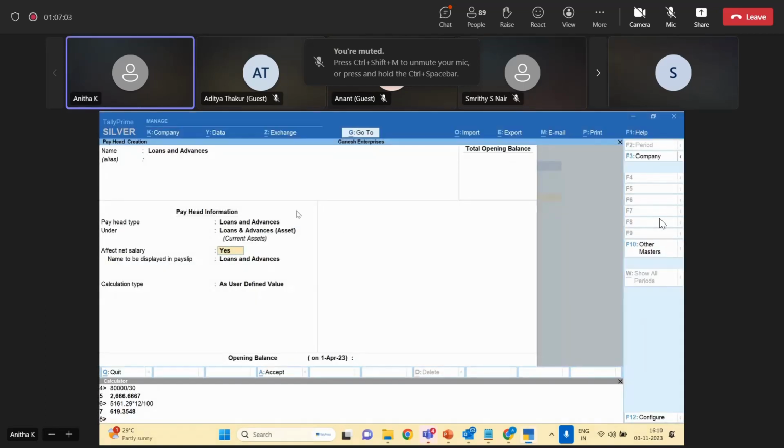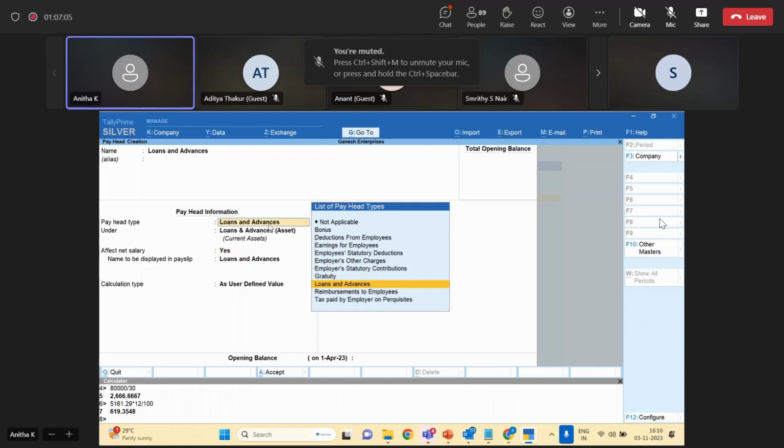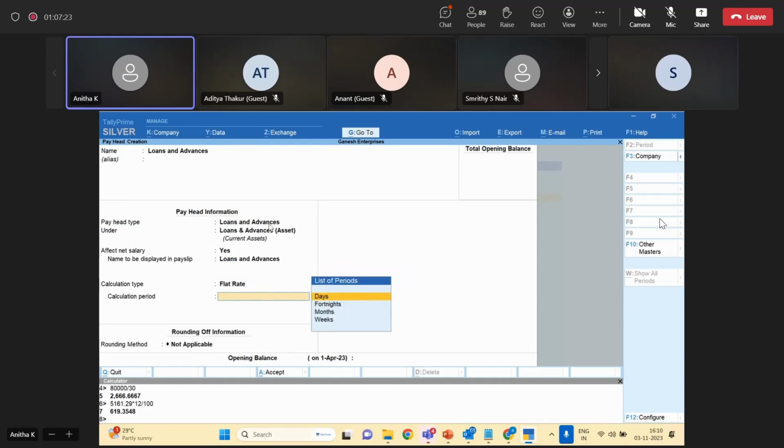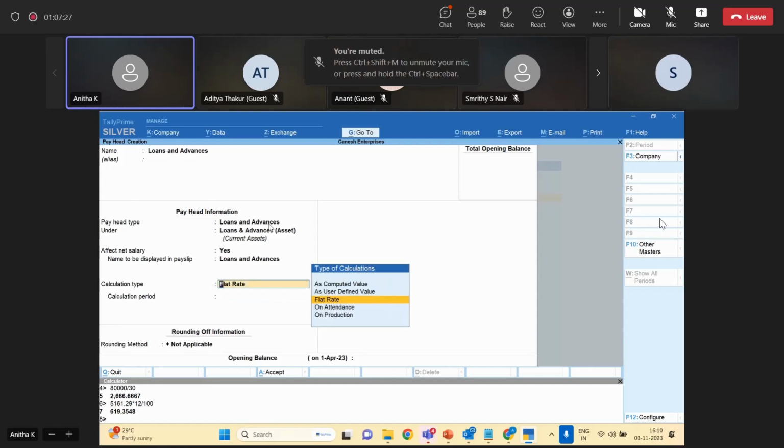तो आपको लोन्स एंड एडवांसेस के अंदर एक पे हेड बनाना पड़ता है। इसमें आपको कैलकुलेशन टाइप चुनना है। यदि वो लोन एडवांस एम्प्लॉय जब पे करेगा, वो फिक्स्ड है, जैसे हर महीने उसकी सैलरी से 5,000 डिडक्ट होगा, तो आप कैलकुलेशन टाइप फ्लैट रेट रख सकते हैं।